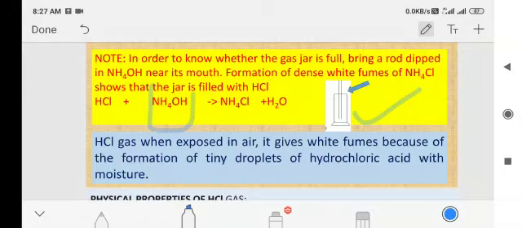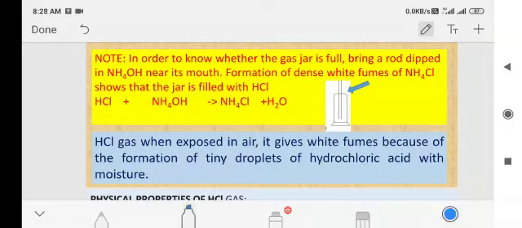When you dip a glass rod in NH4OH, you will bring that glass rod near the mouth of the gas jar or glass jar. If the jar is filled with HCl, definitely HCl will overflow. If it comes out, it will come in contact with the glass rod which contains NH4OH. If NH4OH and HCl come in contact, the product will be NH4Cl, and NH4Cl will give you a